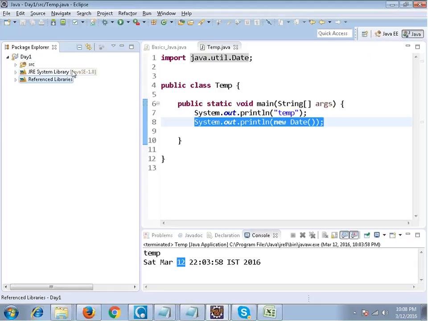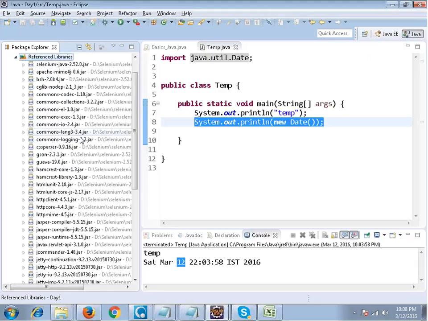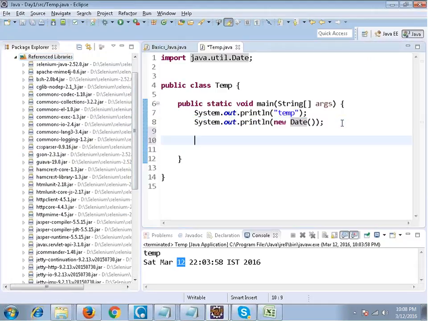Now you need to use the pre-existing features inside these jars. There is no rocket science involved in Selenium. There is nothing which you will be inventing. Everything is inbuilt. All the commands are inbuilt. So what you need to do is, for example, I write over here new Firefox